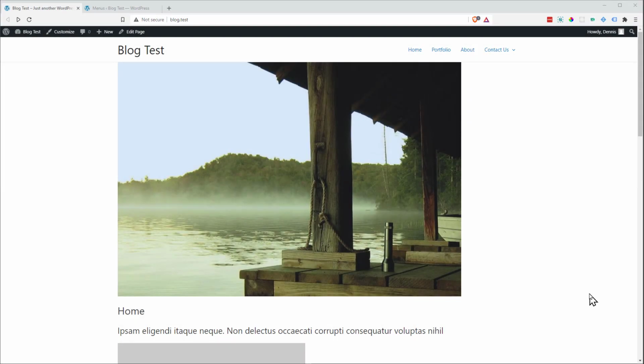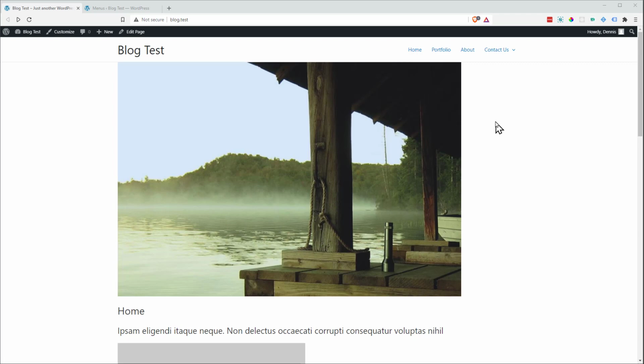Okay, so in my previous video, I already created a video for this, but the problem with that version of the code is that it only adds the item on the last part of the menu. Let's say you want to add a login/logout in between this drop down right here, or probably in between portfolio and about. I don't know why you would want to do that, but in any case, this new code should now